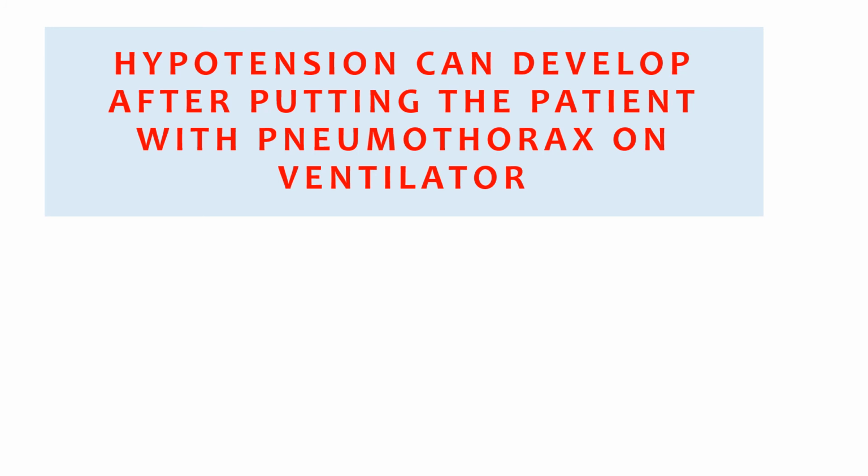The other thing is, please be cognizant of the fact that once the patient is put on the ventilator, and if he has a pneumothorax already, he can go into hypotension. So there is a patient who has a pneumothorax, and you put him on the ventilator, he can suddenly crash in terms of his blood pressure. Now, why does that happen? That happens because you put positive pressure when you put the patient on the ventilator. Before that, he was having negative pressure in his thorax, and the negative pressure was mitigated to a great extent by the pneumothorax.